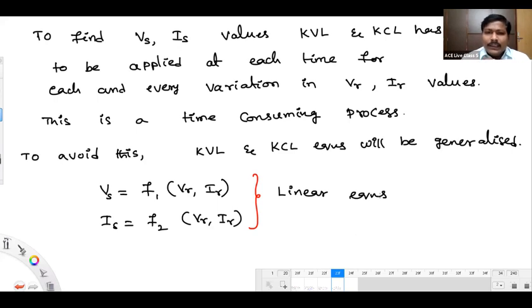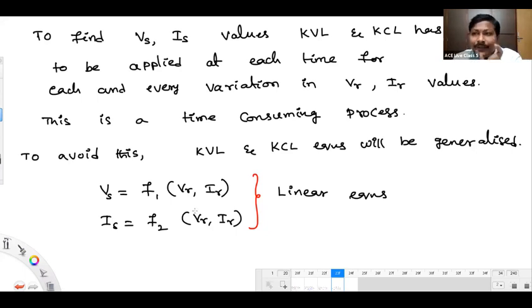Not only that, you will get some constants in the equations, right? Vs is a function of VR and IR, which means you will get some constants here. Similarly, Is is a function of VR and IR, which means you will get some constants here. Kindly listen to me. Whatever constants you get in these two functions,